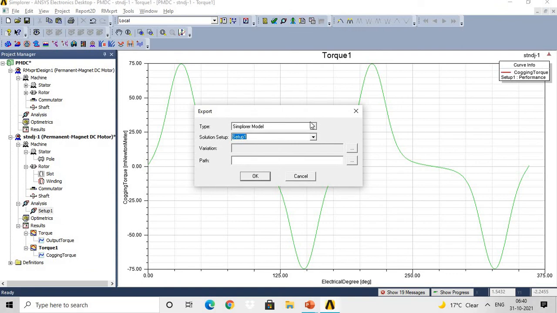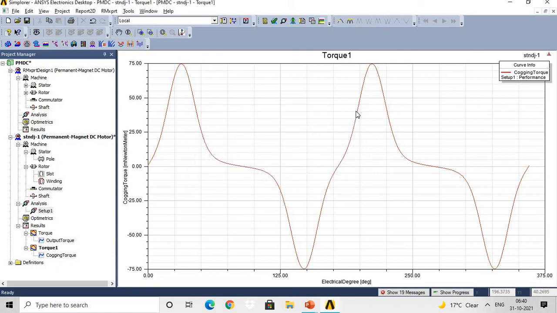Here you can export this model into the Simplorer model, and from the Simplorer, then customize the design sheet, MotorCAD project, etc. So here you can convert this model into the Simplorer model, and that Simplorer model you can attach with the MATLAB software also for checking the performance of the motor for a particular application. For example, if you selected the motor and you want to check the performance of the motor for EV application, you can go through the Simplorer also.